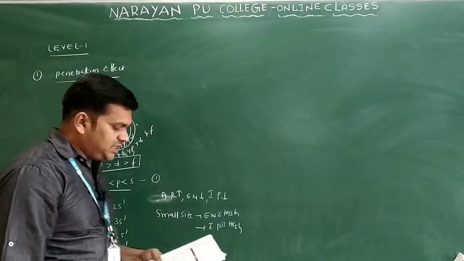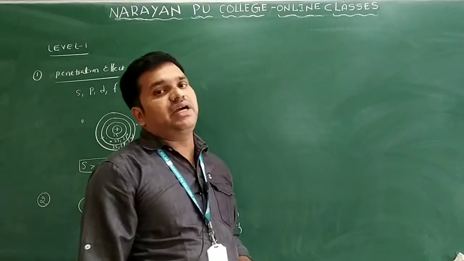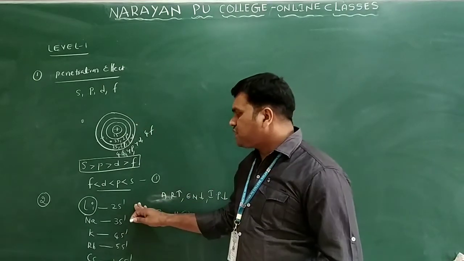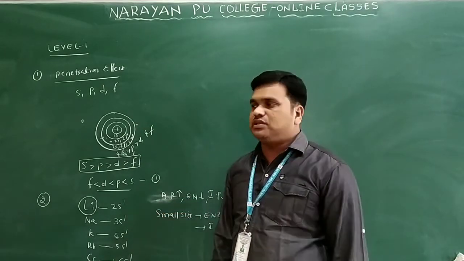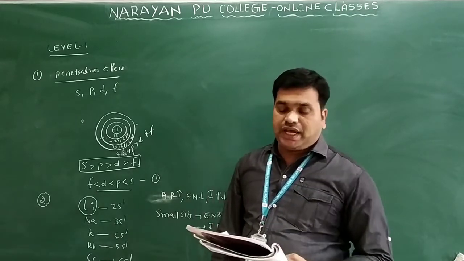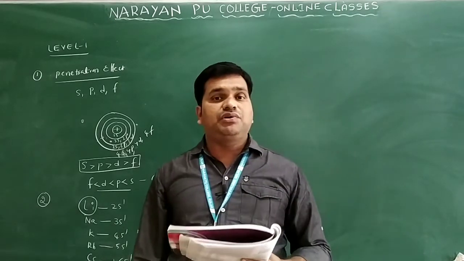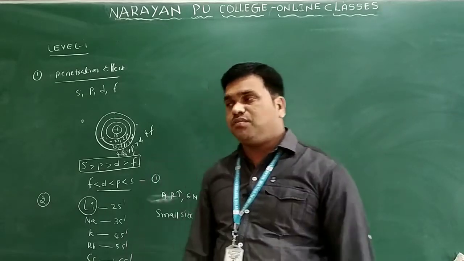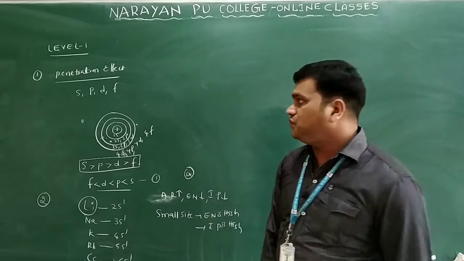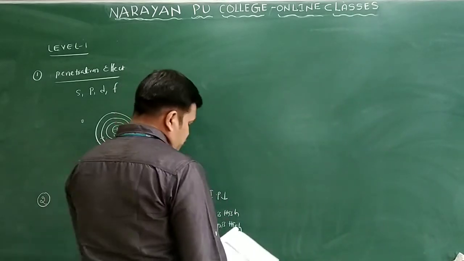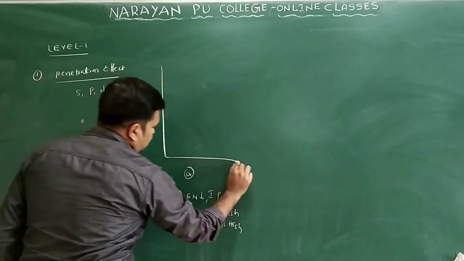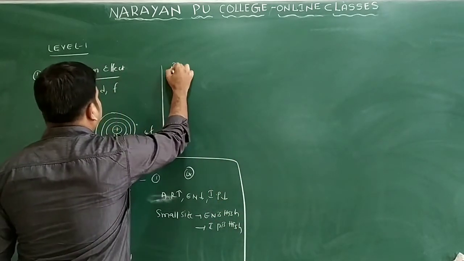You can see the last option given: unavailability of the d orbitals. If you take the first group here, only 2s is there, so there is no scope for the d orbitals. What is your answer? Small size, high electronegativity, high ionization potential, unavailability of the d orbitals: all the above. So the answer for this question is option 4. This was question number 2. Now we'll see question number 3.